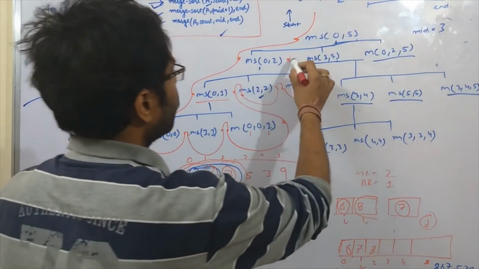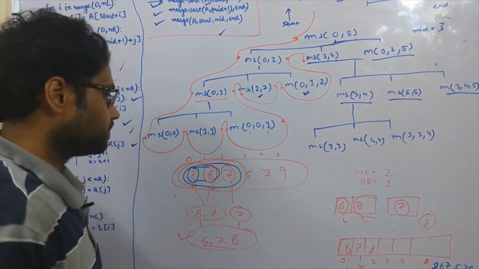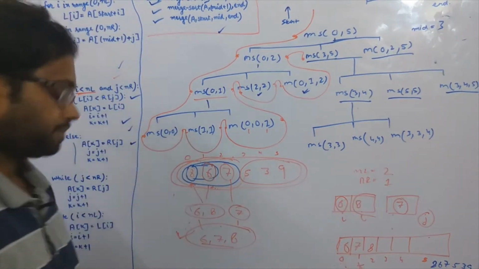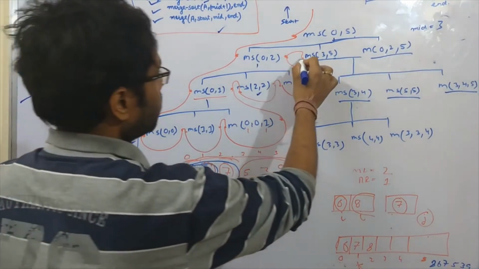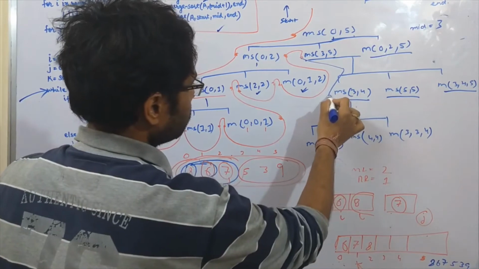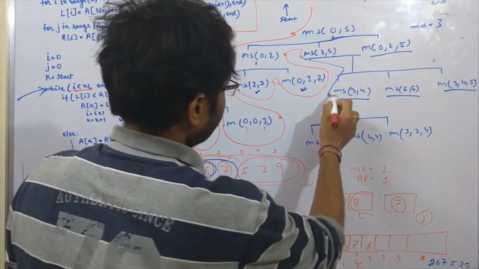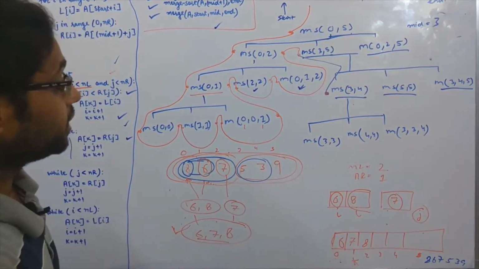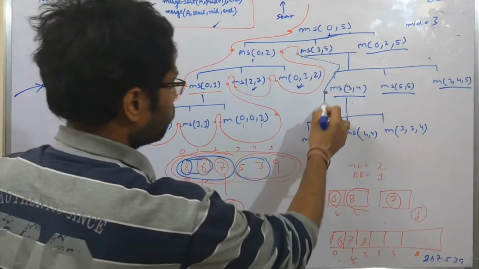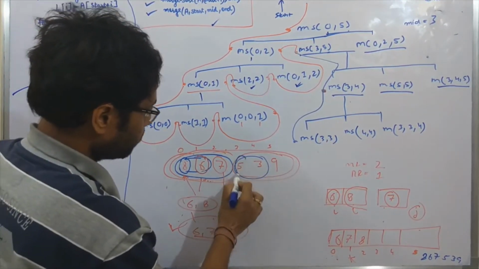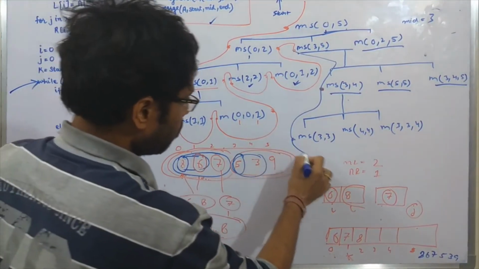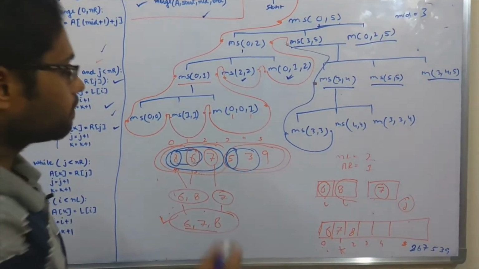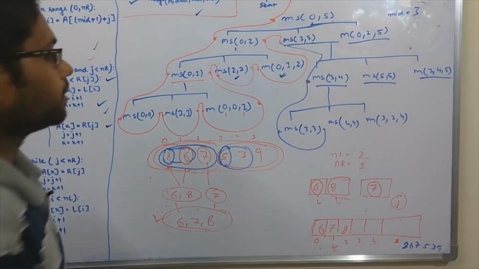Now the next function called is 3, 5. What is 3, 5? 3, 5 is this part. What will 3, 5 do? It will call 3, 4. And what will 3, 4 do? 3, 4 will call 3, 3, or this part. So 3, 3 is called and it will be sorted when we leave this function. The 3, 3 part is sorted, and 5 is already sorted as it is a single element.